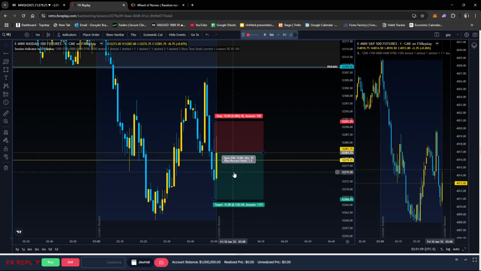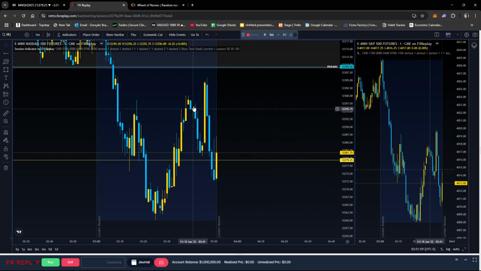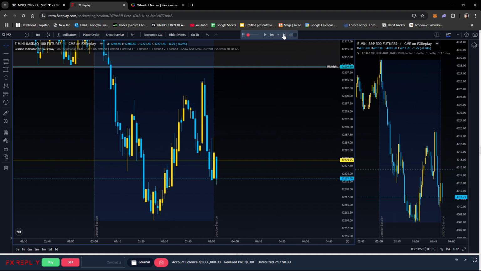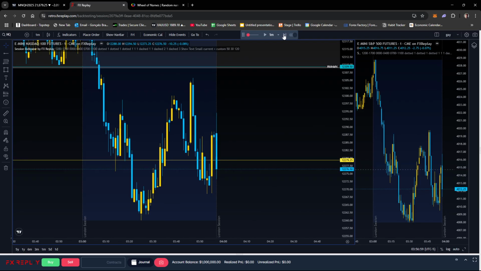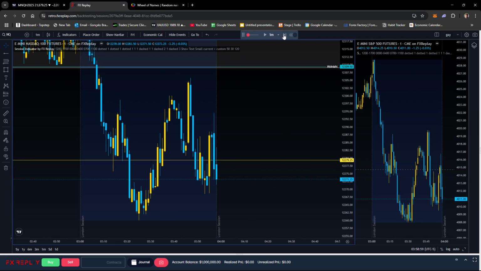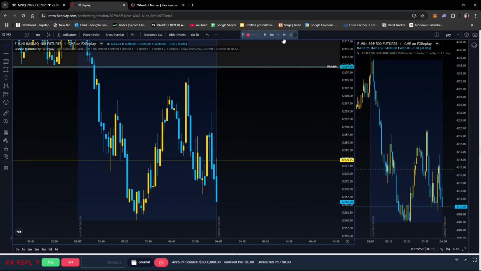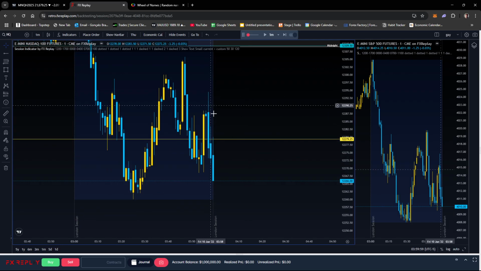Do I like this? That's what I'm thinking now. 1050. I don't know. It looks a bit, something I don't like about this. We're gonna pass. It would have still ended up, maybe we just got stopped, but